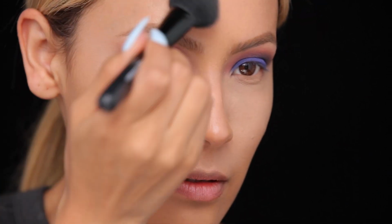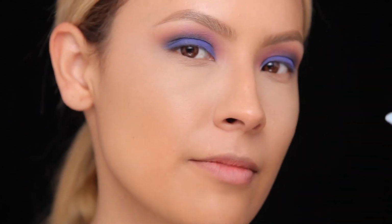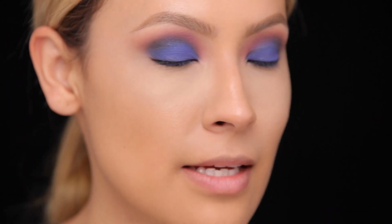So for the under eye, I'm just gonna go ahead and line my waterline with my Inglot gel liner. This is just in the color 77, which is also known as black. And I'm using my Morphe angled brush. All right, so I just put the black gel liner under my eyes, and now I'm gonna blend it out